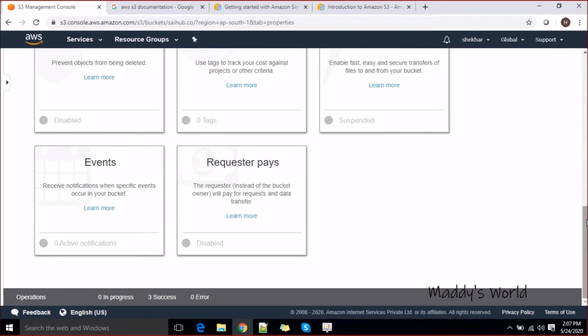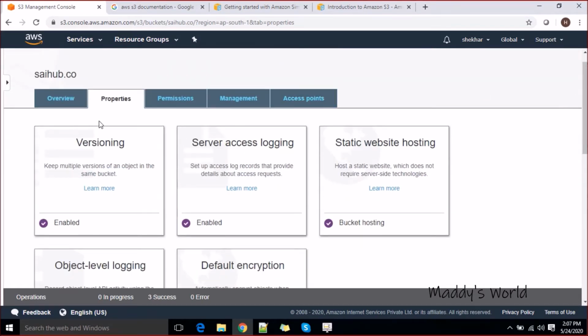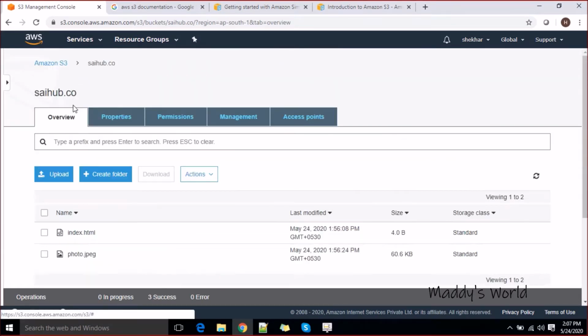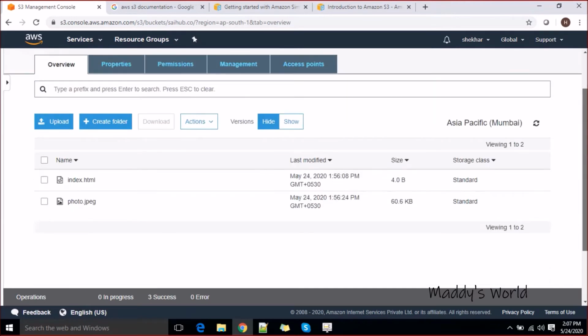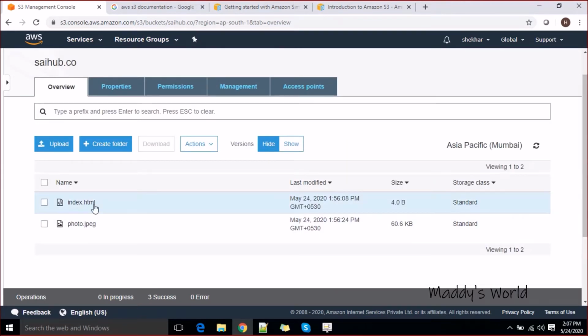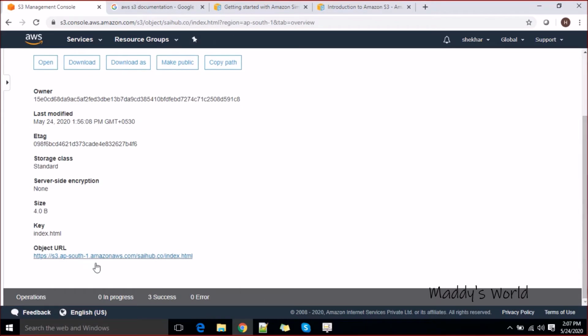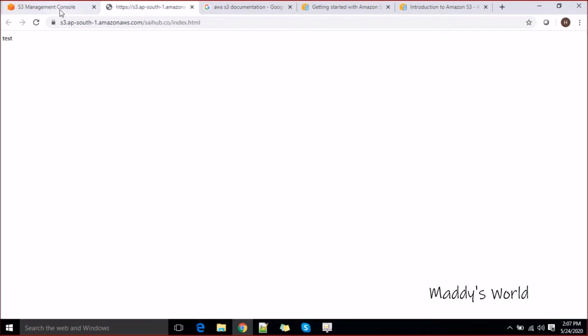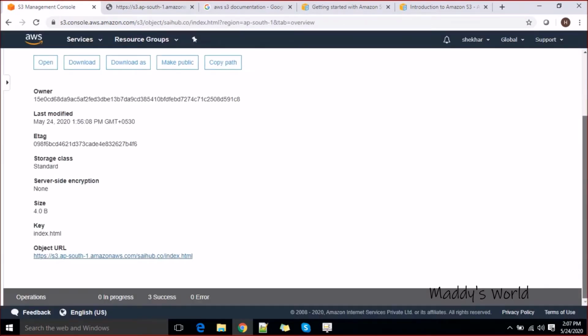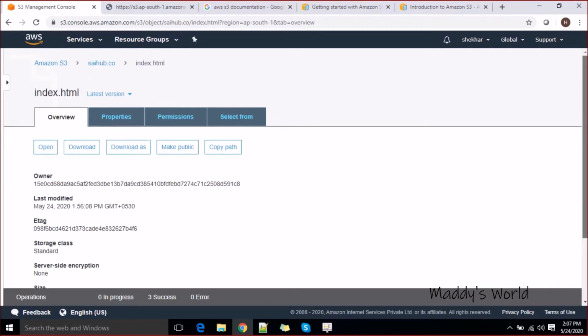Let's go back again here to the overview section. You can see a couple of things have been enabled here. Let's say versioning has been enabled. The static hosting has been enabled, so that you could directly access those pages. We have already seen how to access it, but this page is again a static page which we have mapped also. We have enabled the static web hosting for this page also. So this is also applicable here now.